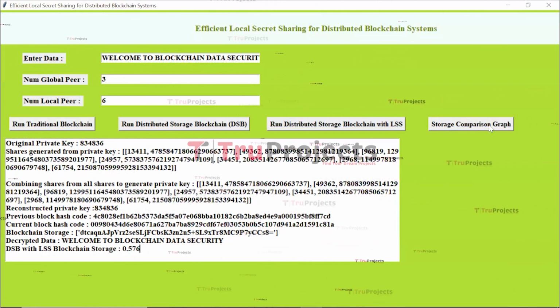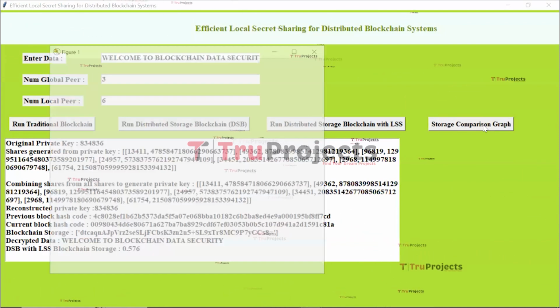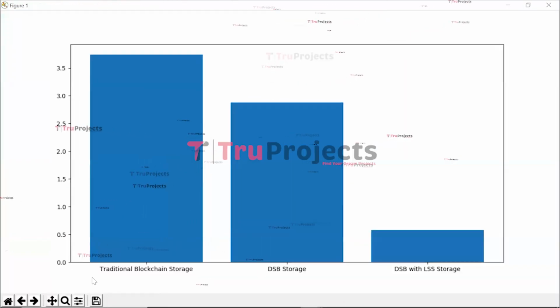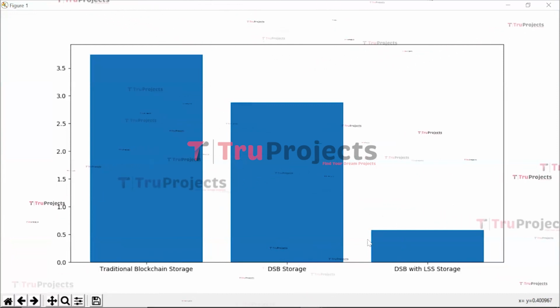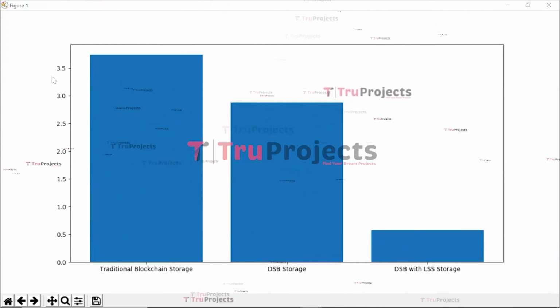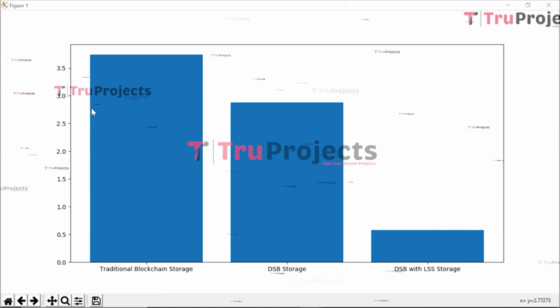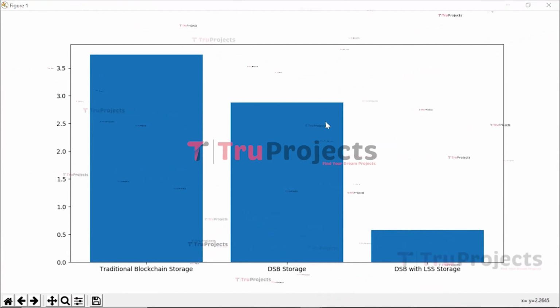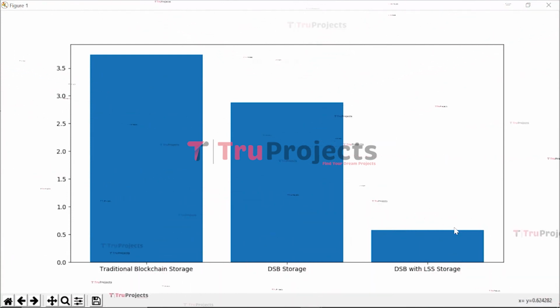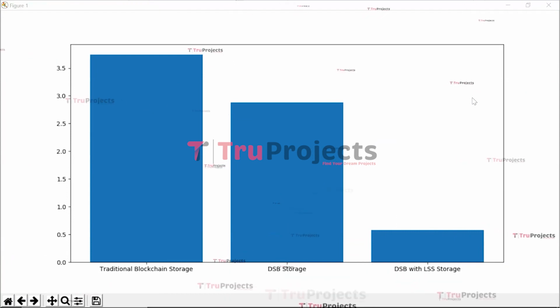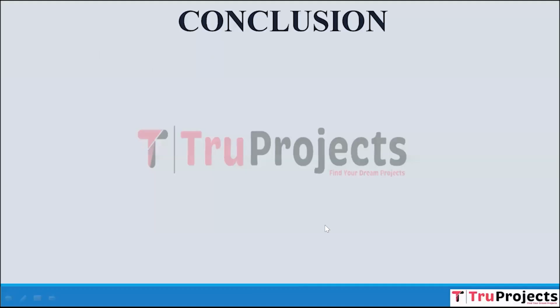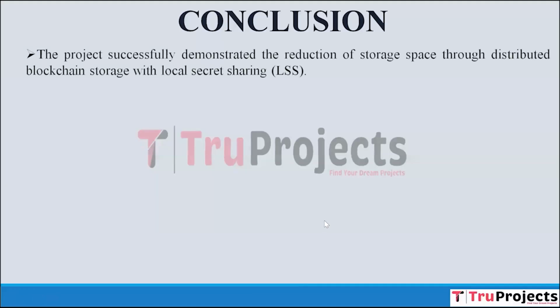Now click on the Storage Comparison Graph button. Here on the x-axis, we have the technique name, and on the y-axis, we have the storage cost for each technique. From the graph, we can conclude that DSP with LSS consumes less storage space compared to all other techniques. Now close this graph. The conclusion of the project is, the project effectively showcased a reduction in storage space by